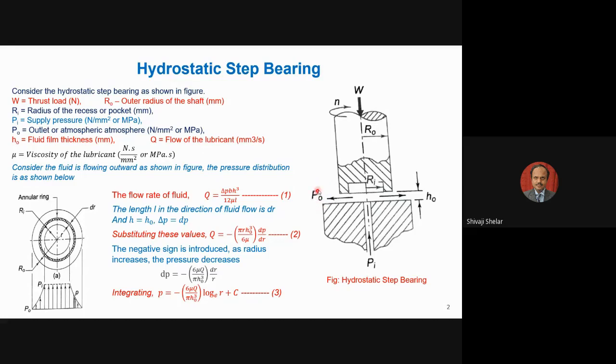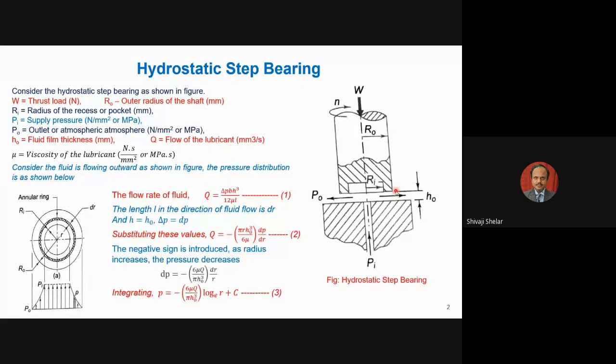Now, normally this pressure PO is atmospheric pressure. In some cases, this pressure may be less than atmospheric pressure or greater than atmospheric pressure. So this fluid will be passed through a delta P, that is Pi minus PO, across this restricted area. This restricted area thickness is equal to H naught, and when the fluid is passing, this H naught is nothing but your fluid film thickness. What is the film thickness at this point? That is called the minimum film thickness. So that minimum film thickness H naught will depend upon your supply pressure and your load acting there, as well as the support area available here.